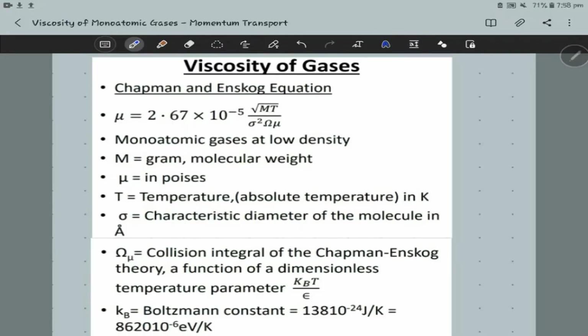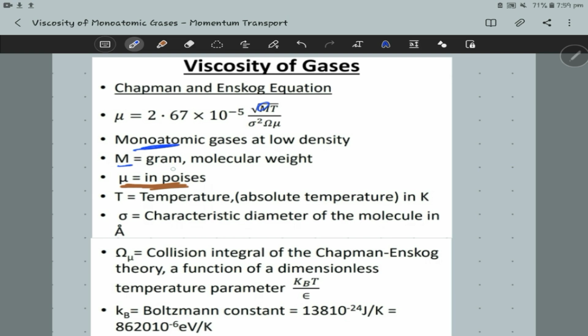Alright, so viscosity of monoatomic gases, momentum transport. Chapman and then Enskog did a lot of work, and they found that if we're trying to find the viscosity of monoatomic gases, there's an equation we can use. We only get the viscosity in poise when the molecular mass is in gram,